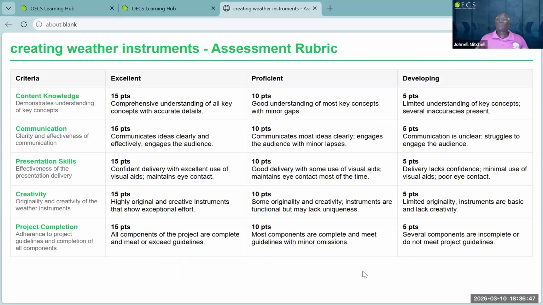For all of us who've gone through the process of higher studies, whenever we are given our assignments, that's one of the first things we get. We look at the excellent column, because we don't look at the other columns. We do our assignments and our projects, whatsoever it is, right along the line of excellent, and we meet our deadlines and we present. Let's ensure that the students also get the same. So that's another amazing tool that we have here, the assessment rubric. Easy to generate, easy to manipulate, easy to change,